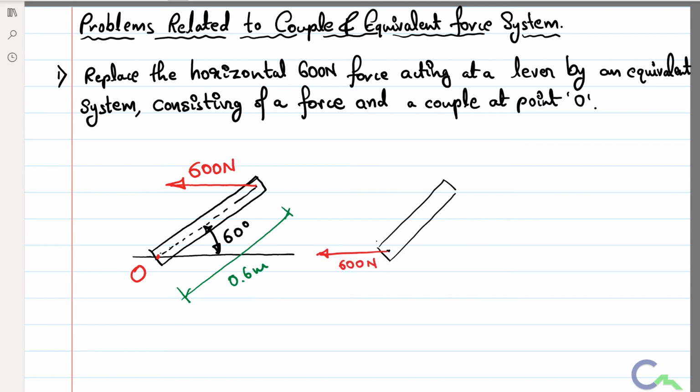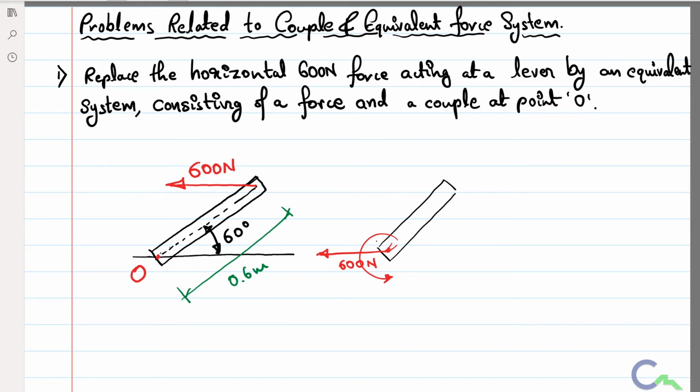So what I have to do is, if I am shifting that force, I have to calculate this moment, whatever the 600 Newton force was acting. If I apply this 600 Newton about this point, I just have to calculate this moment. To calculate that moment, what is the direction? This is the force, this is the distance. If I apply that force, the moment will be anti-clockwise. So I know the direction.